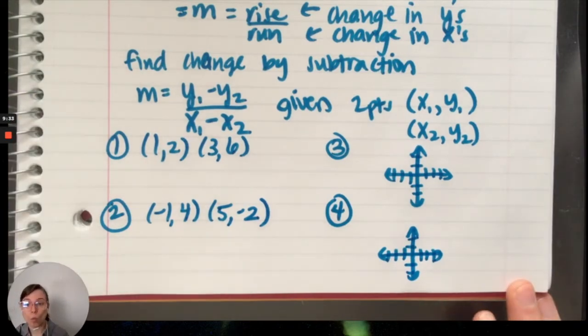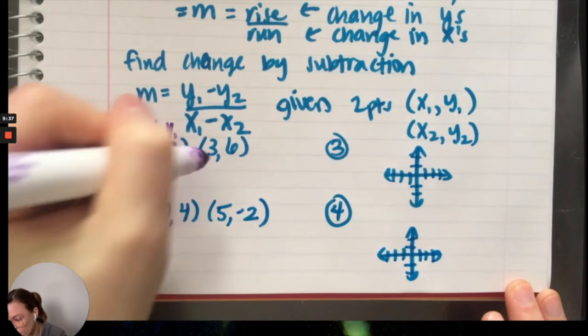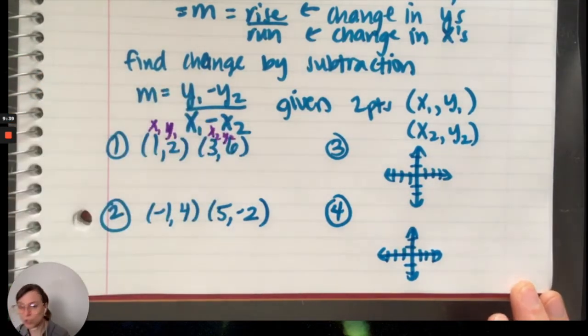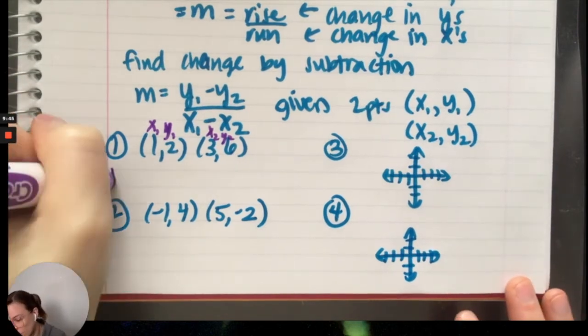So if you want, it's really helpful if you label these. So x1, y1, x2, y2. That way you know already where you're going to take that variable, take that number, and stick it or place it into our formula. So slope